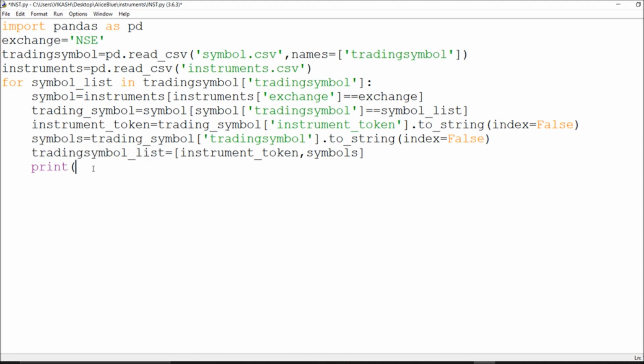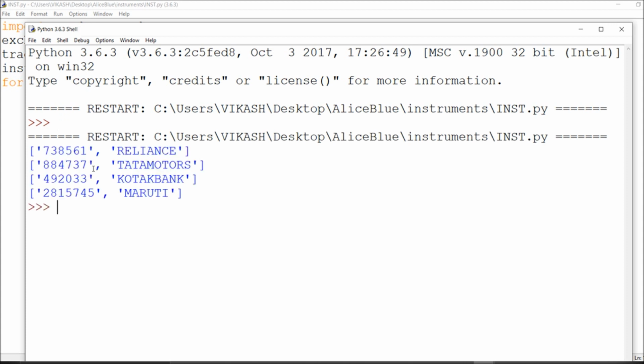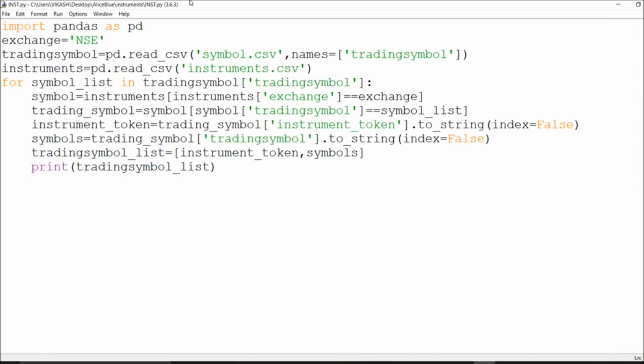This is the way you should code, an easy way, so it will be very easy to follow whatever you have. This is the way I got my instrument token and my trading symbol, with whatever exchange I need. You can do vice versa as well.